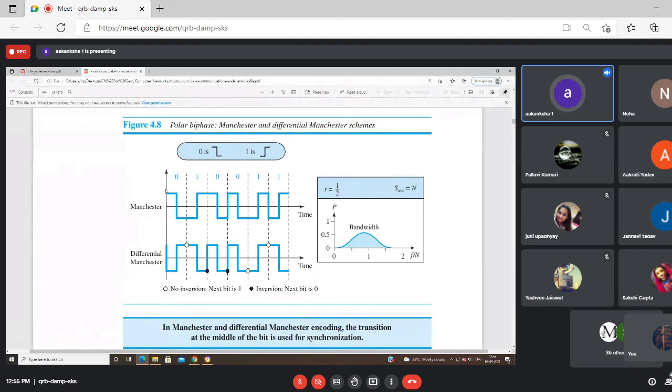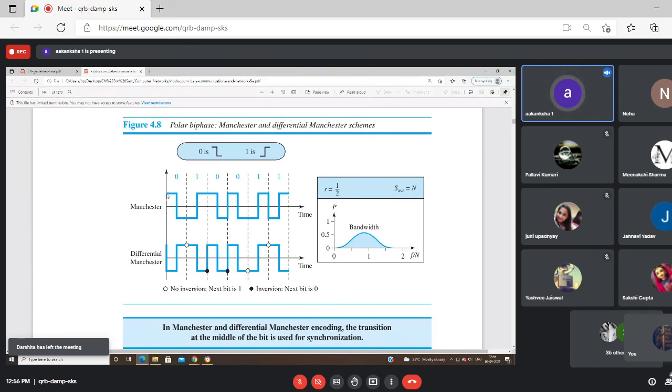So Manchester encoding is doing a transition in the middle of the bit. Why are we going from high to low through 0? Because we wanted something like the RZ, return to 0 scheme, because we wanted the synchronization. So during this entire duration of the clock cycle, this 1 bit, my 0 bit is to be transmitted.